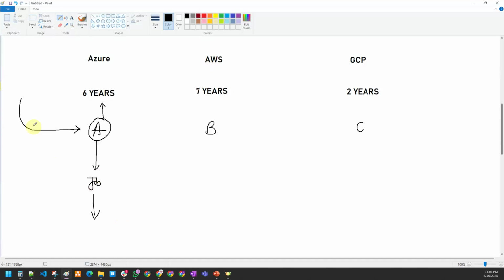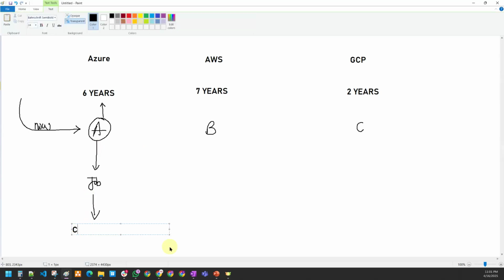Person A today attended an Azure demo session and goes for the job. But tell me, what is the challenge for him? The moment he goes for the job, Azure has been there for the last 6 years. People like you, however you are learning today, people have already been learning it for the last 4, 5 years. There is huge competition, as someone already mentioned. Very good answer, I am very happy to see such answers. So competition is very high.